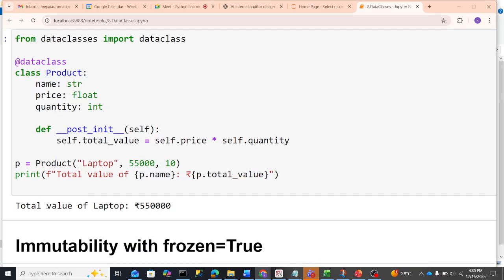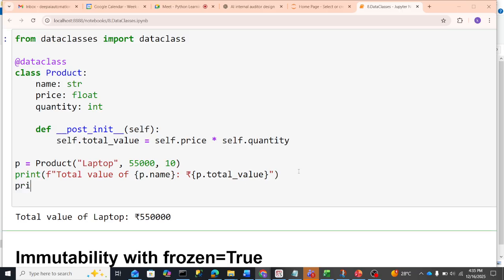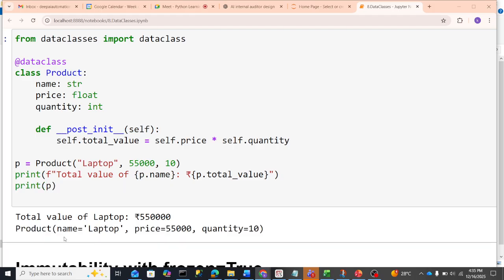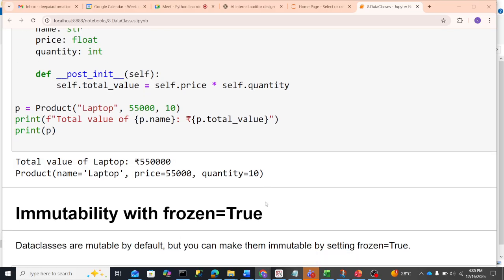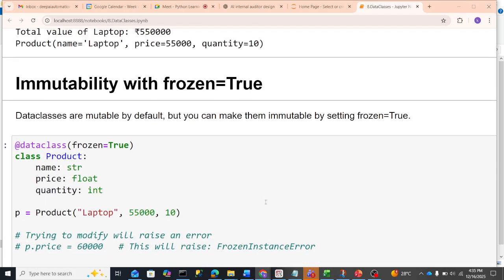So this is the total value of the laptop: 55,000 times 10, 5 lakh 50,000. So let me display print of P. Then it will show you all the values. Name is laptop, price is 55,000, and the quantity is 10. Okay, then you have another